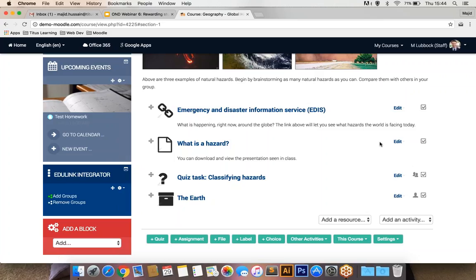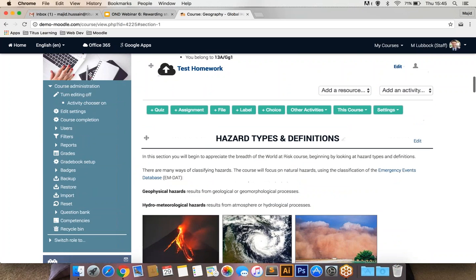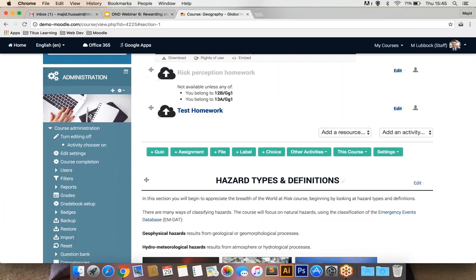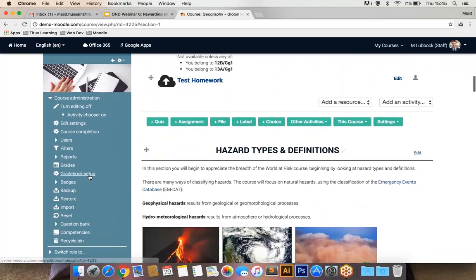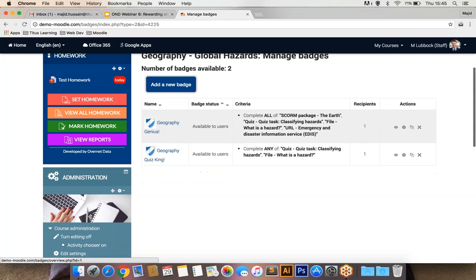Okay, so next thing we need to do then is create a badge, and when we create the badge, we need to set the criteria so that these 4 activities are complete in order for the student to receive the badge. So within the administration block, every course has a block called administration, and in here we have an option called badges. And if I click on manage badges, I can see the existing badges that have been used. So I'm just going to create a new one. So add a new badge,